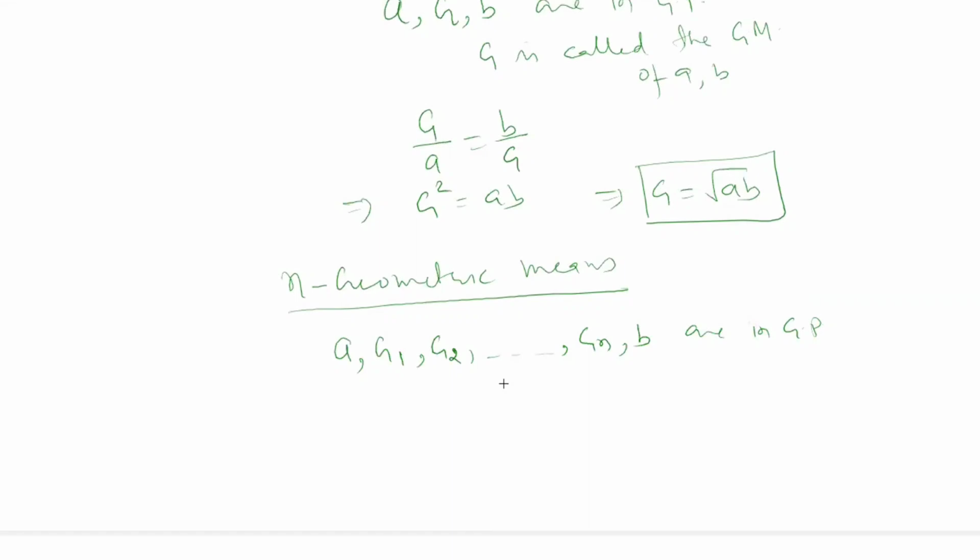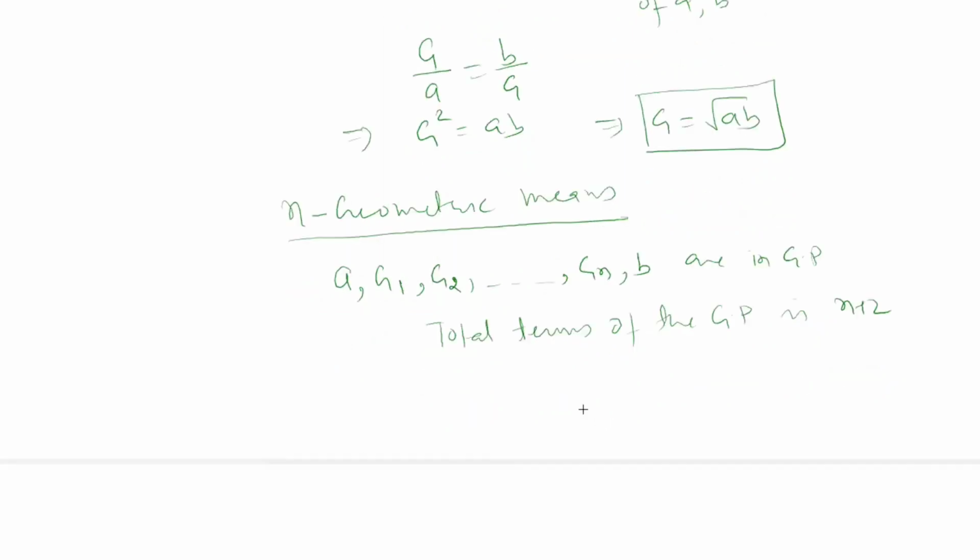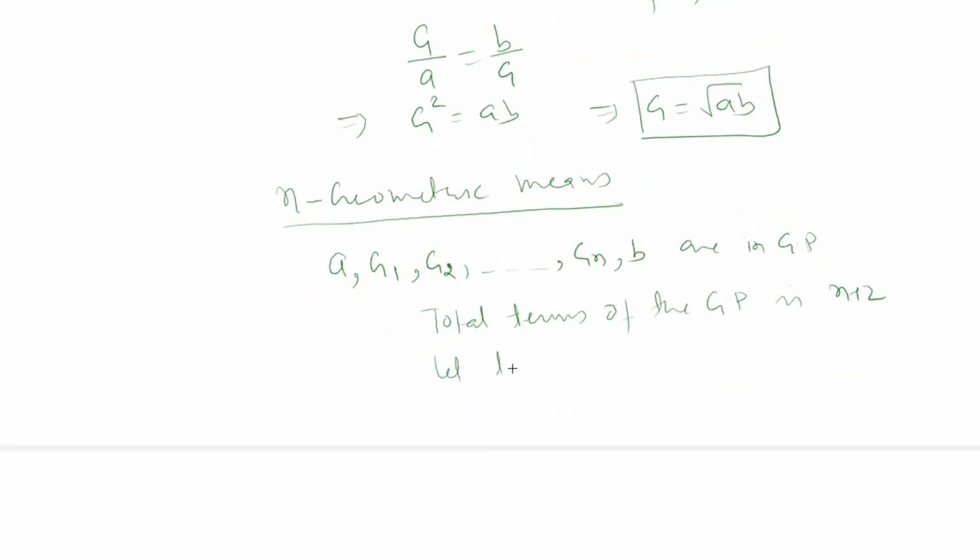If they are in GP, then the total number of terms of the GP is n plus 2, because A and B were there and n numbers are added. Now let the common ratio of this GP be R. If the common ratio is R, then we can say that a(n+2) is going to be equal to a into r to the power n minus 1, which is r to the power n plus 2 minus 1,